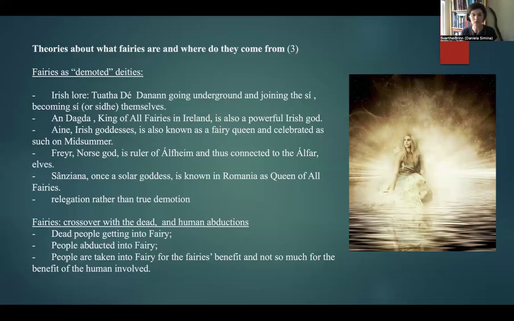So some people end up in fairy, some return, some don't, and they undergo a certain process to be turned from humans into fairies. So some of the fairies were once upon a time humans. There is the ballad of Tam Lin that talks about a man who was taken into fairy. He's a human, but he's taken into fairy. We have stories. There's a story of this young boy. I believe it happens in Ireland.